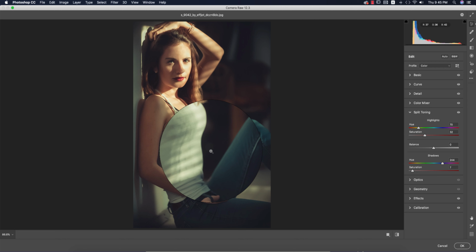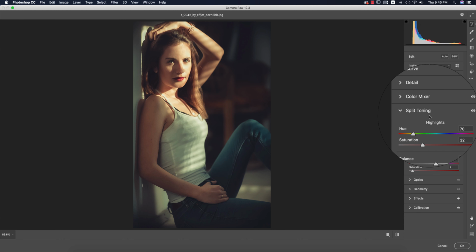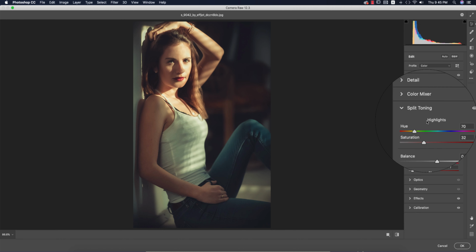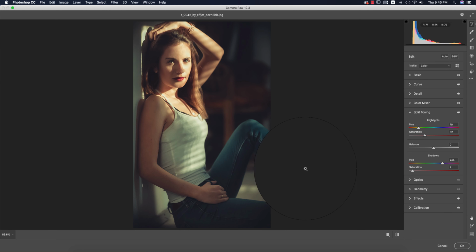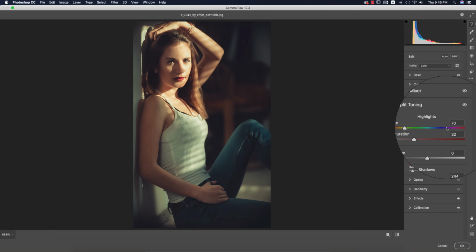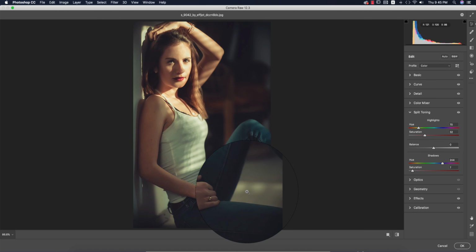What color will be in the shadow and what color will be in the highlight portion? That means split tone. You are splitting the tone in two types, that is highlight and shadow. Here the highlight portion and the shadow portion. So which color you want to give in the highlight portion and which color you want to give in the